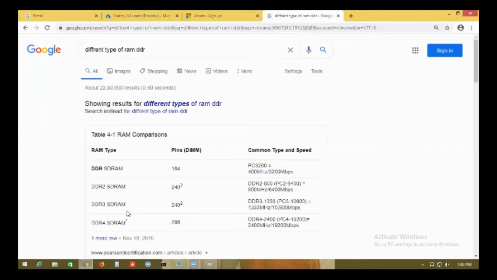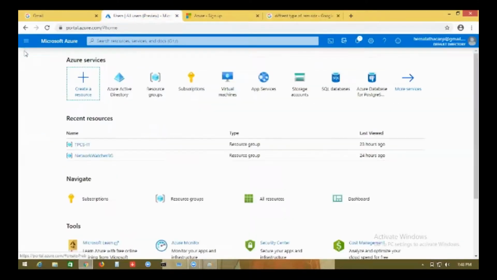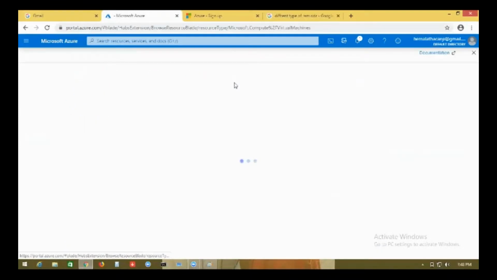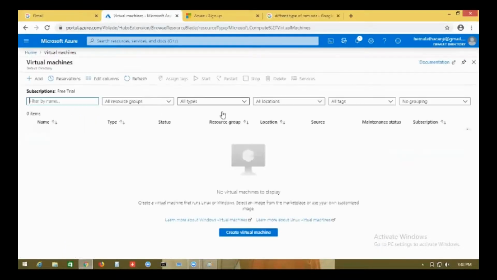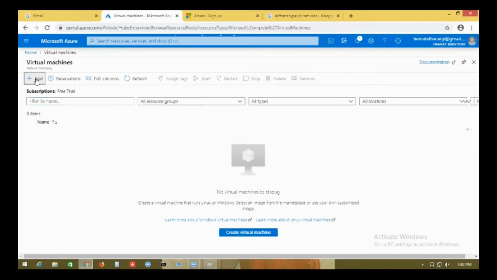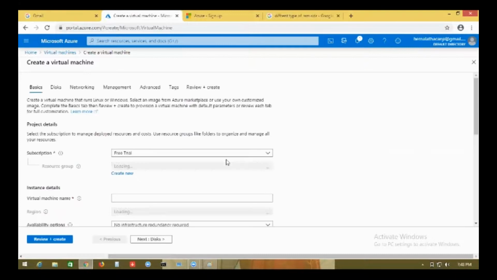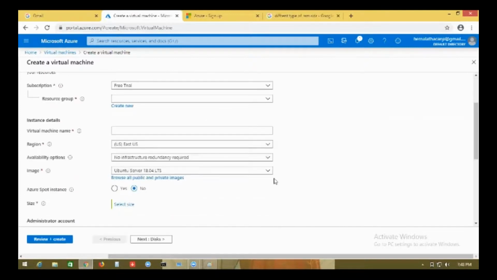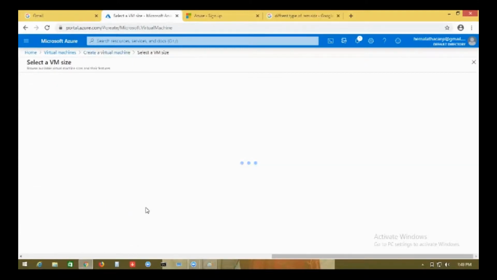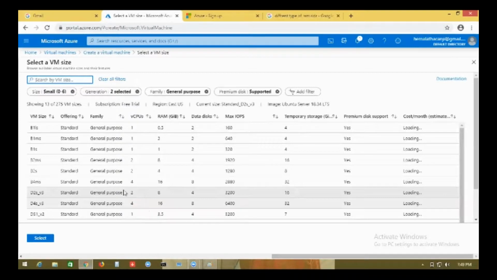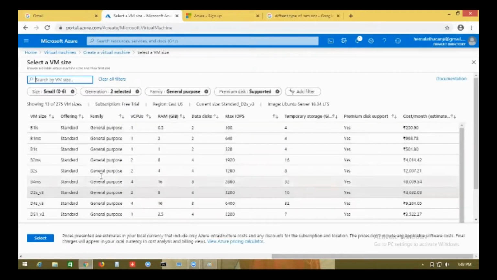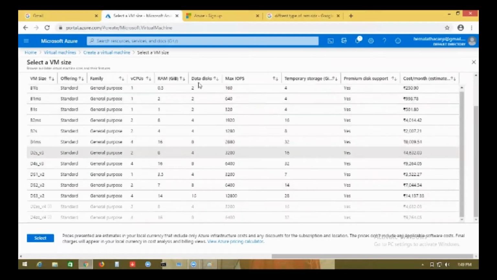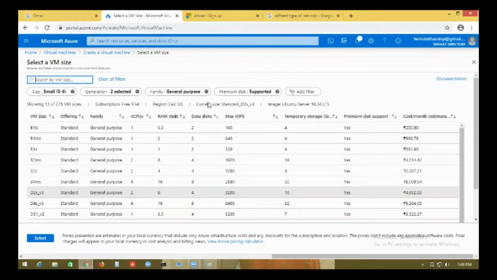Got it? Now, at the time of creating, according to our utilization, we have to select the option. So if I go to create a virtual machine, I have to be very conscious, right? What am I going to do here? For example, when I am going to select a virtual machine, I have to select the purpose. Look at the purpose: general purpose, right? I say no, I do not want a general purpose. I want a CPU optimized or a memory optimized.